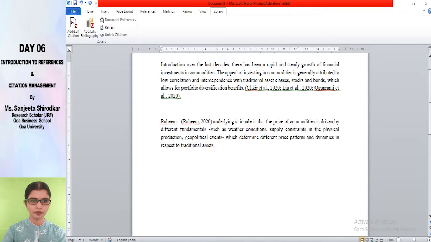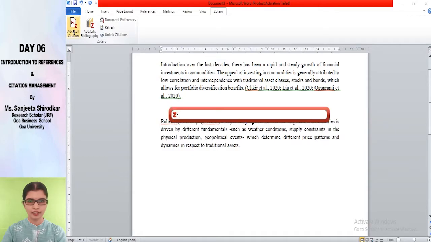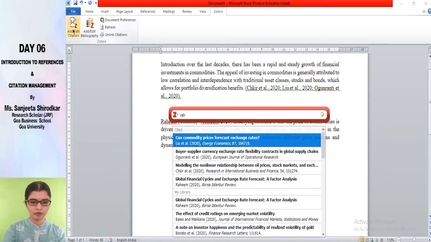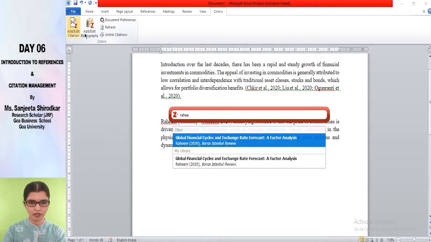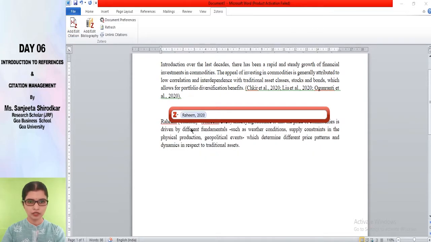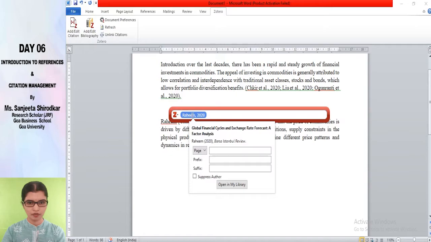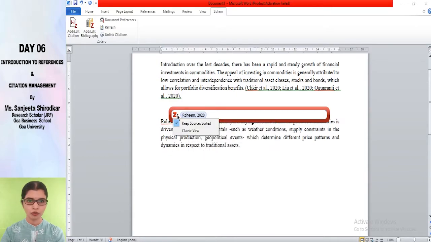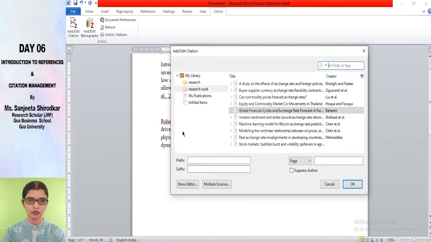Rahim, add edit citation, type Rahim because we already know the name. This is the thing. Click on Rahim. But for you to have your changes incorporated, you can't straight away change it. You will have to go to classic view.